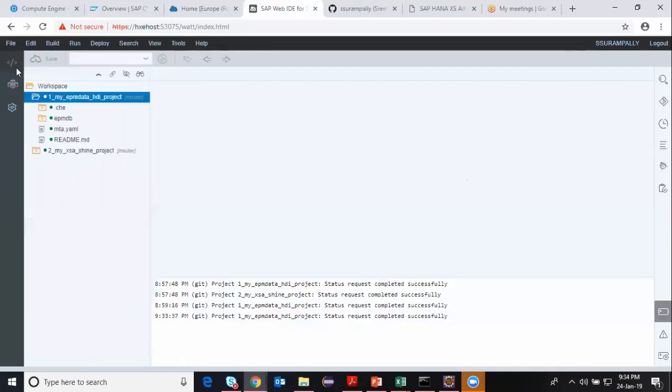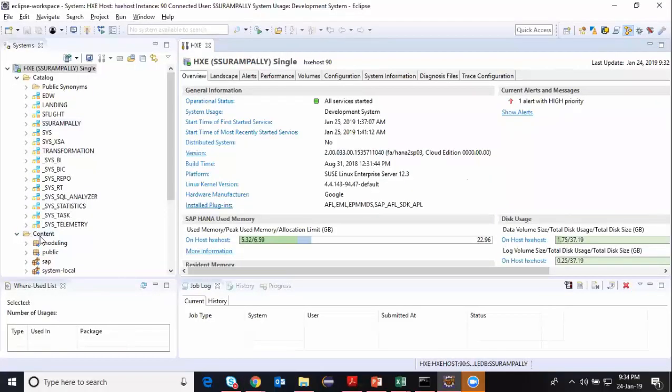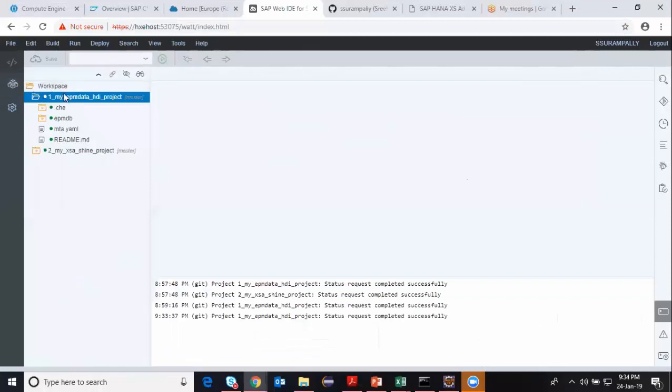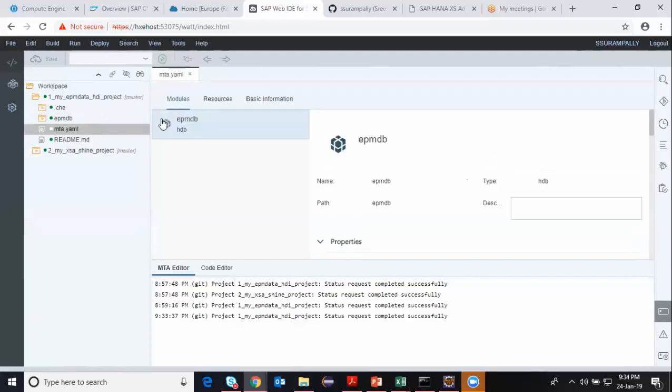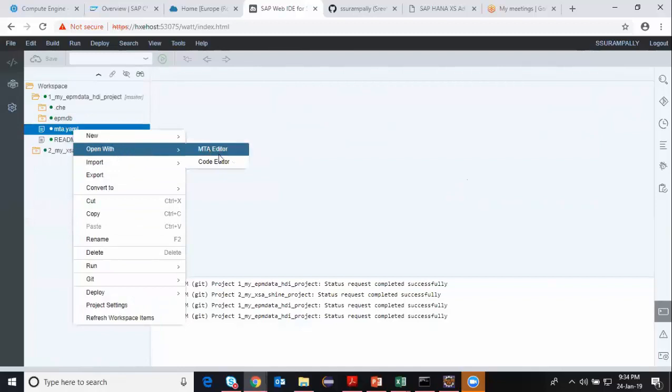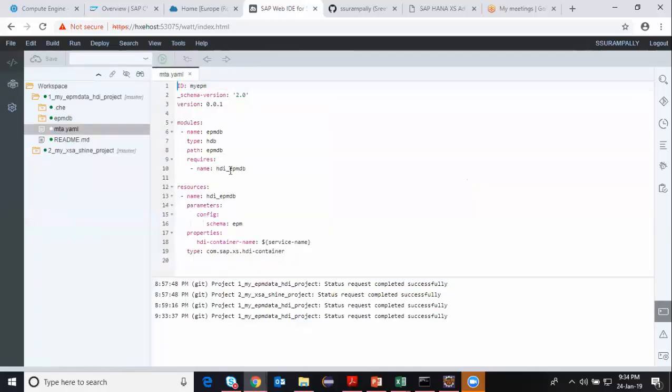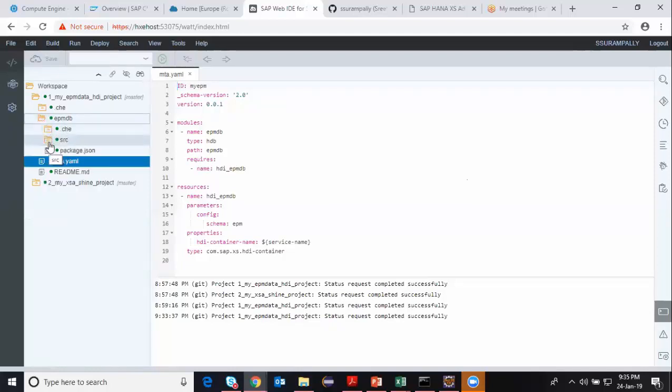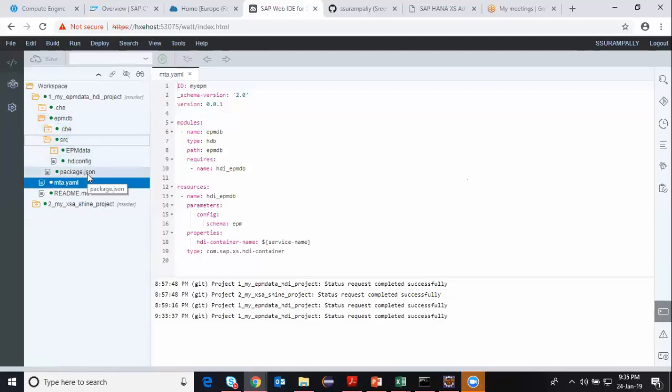And you can see the development perspective is your content. Whatever you do in content, you mostly end up doing in workspace. That's a very simple comparison, but there are a lot of things you will have to understand in formulating your YAML file. This is a descriptor file which you will have to be very comfortable with in your code editor. What are the node versions it requires, what modules, what resources it requires. And of course, every application requires a JSON file,